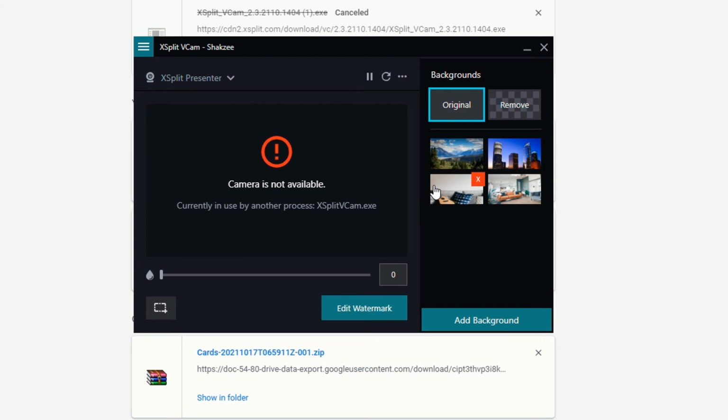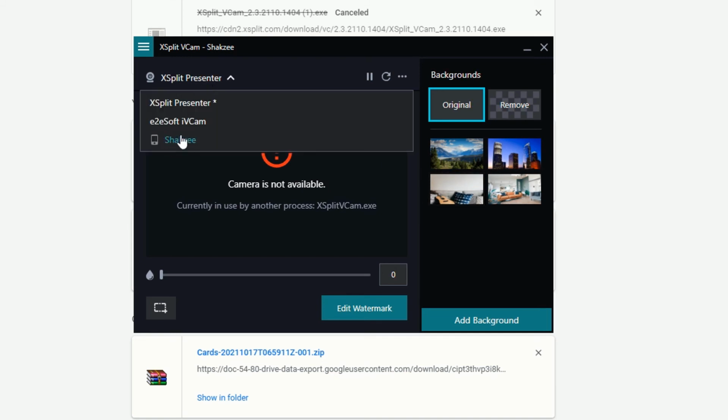Got it. So here, as you can see, this is the original cam, and these are the built-in wallpapers available. When you remove your background, these are the backgrounds you can select. Okay, fine. You have to select your camera from here. As you can see, I have three options: Xsplit presenter, this is the IV cam, and this is Shakesy. Shakesy is the vcam mobile application I have installed on my Android device, so that's why it's showing me Shakesy. Okay, if I select Shakesy